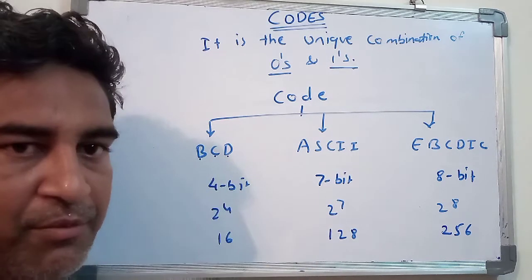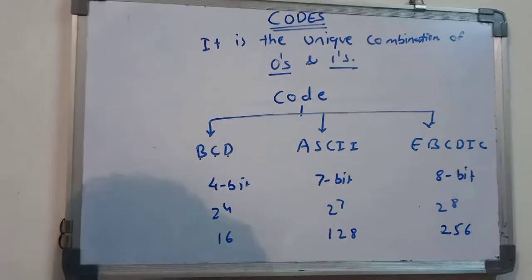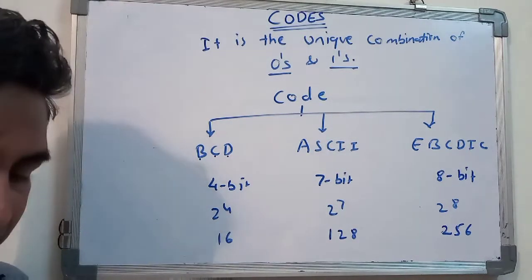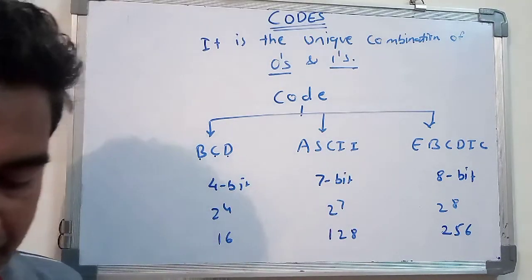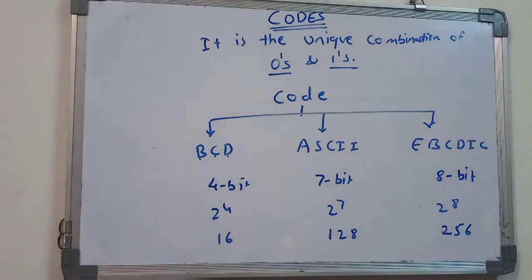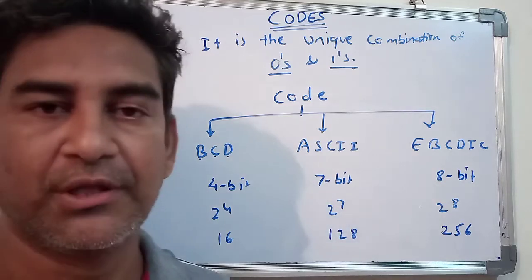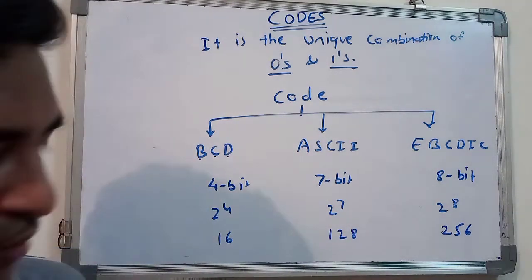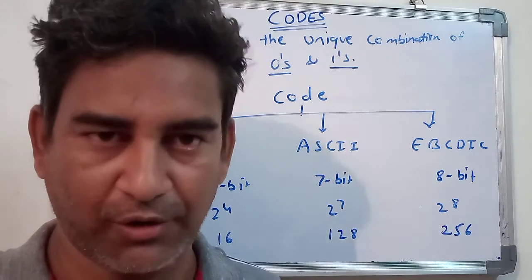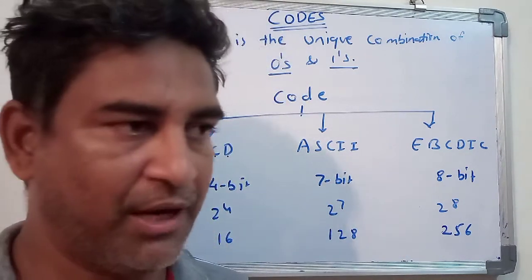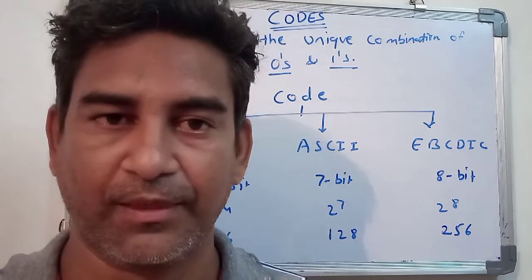This BCD's conversion is given in your book. Now you have to solve the different conversions. Before the BCD code, they have given the applications. It is used for input and output operations of digital systems. The BCD code is used in electronic counters, in the voltmeter, and also in the digital clock. Then the third application they have given: the BCD code is used in the pocket calculator also.